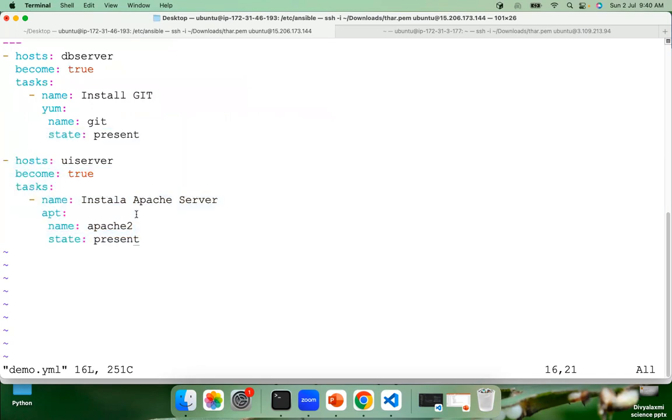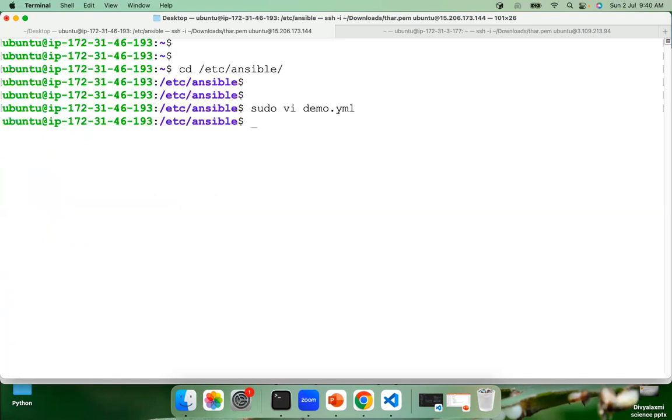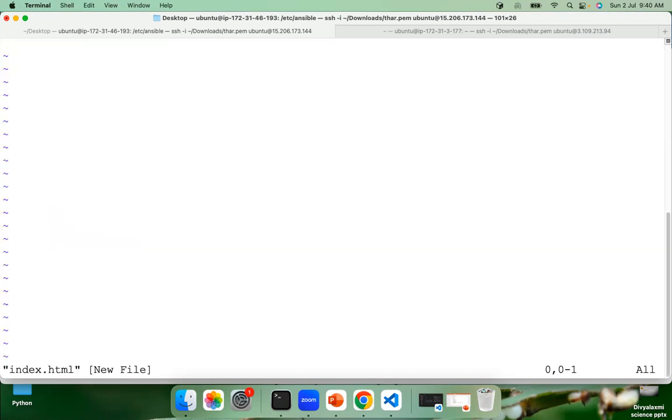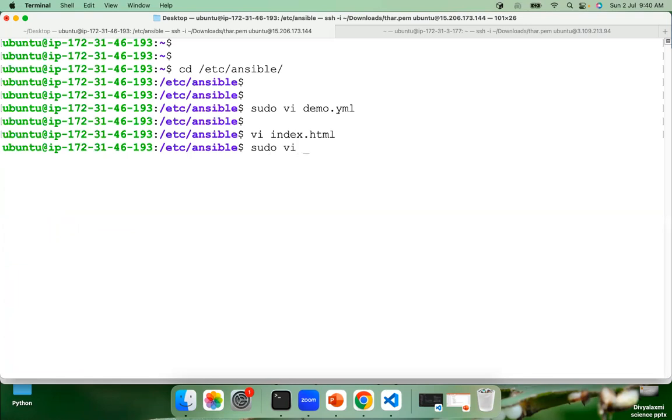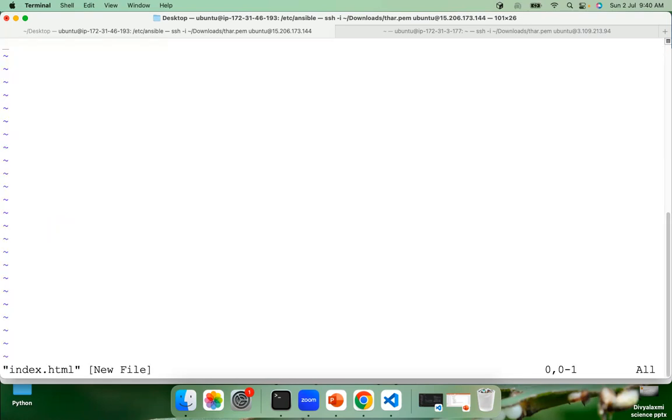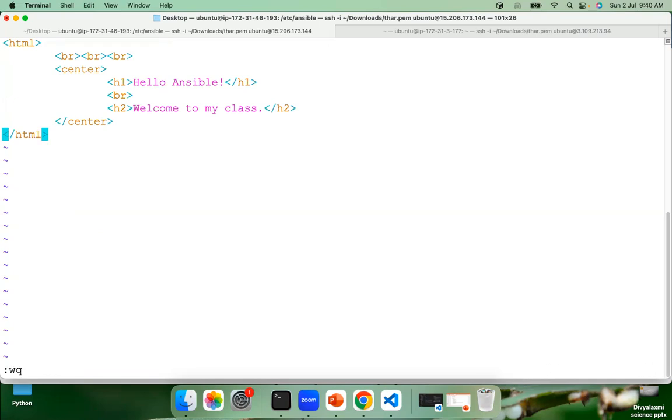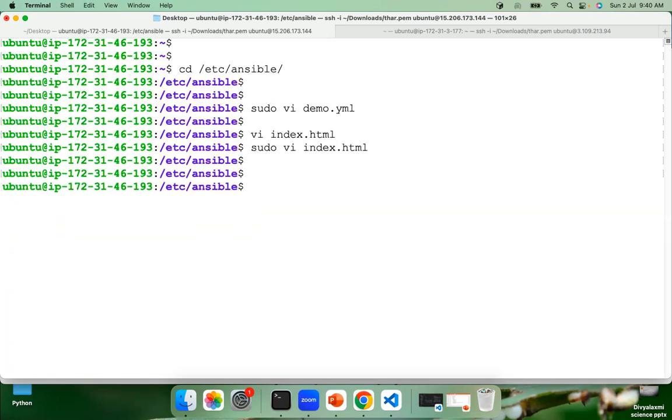Now what we can do is copy our index file from local machine to the node machine, right? Where it is stored on the node machine. So what we can do here, not local machine, it should be under the remote machine. Let me just do that. sudo vi index.html. Let's keep it here. Okay. Now, what is this? Let's go to the